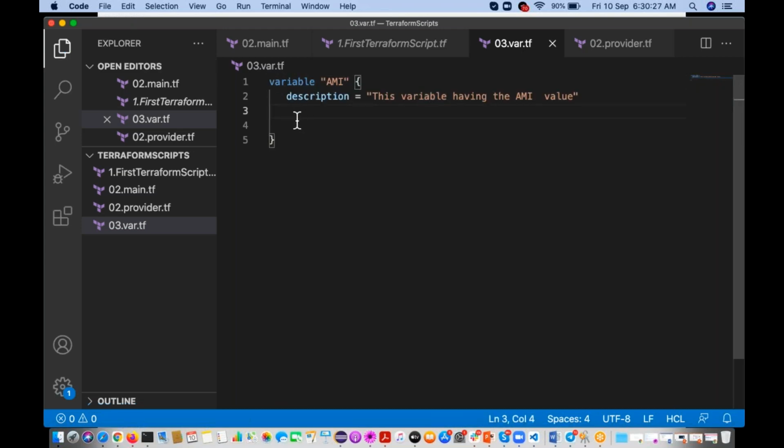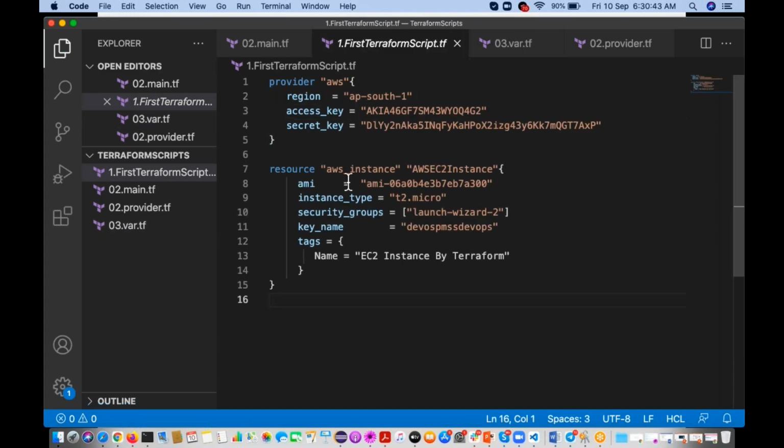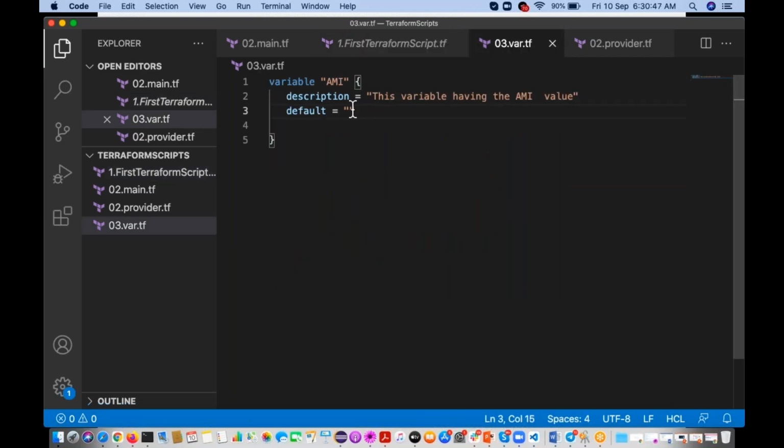For this one, I want to provide a default value. Use default equals, within double quotes keep the value. Whatever AMI we use, take it and keep it here. So this is one variable.